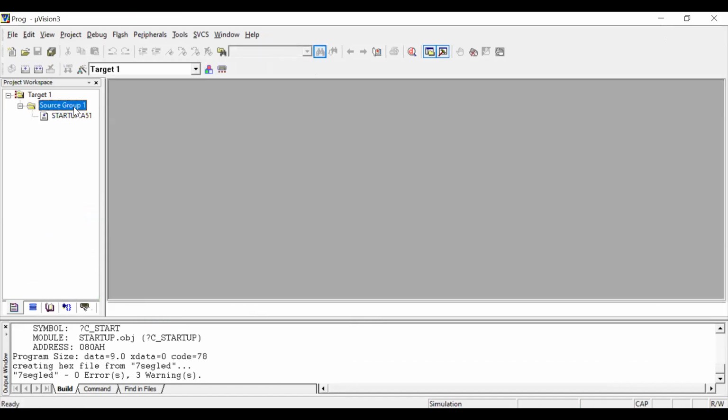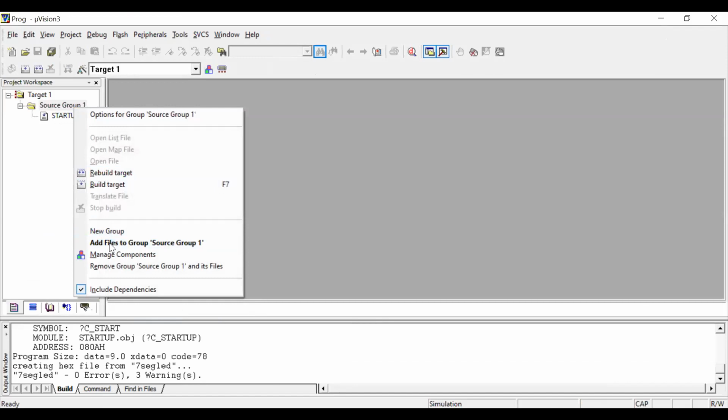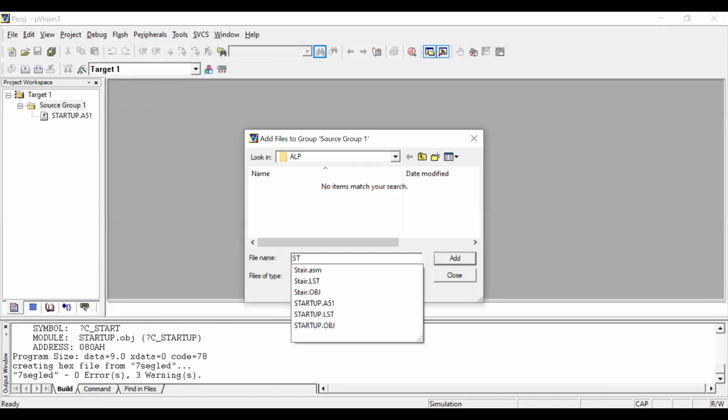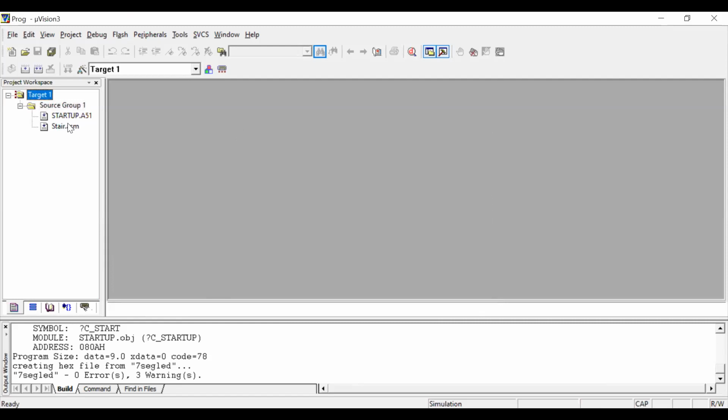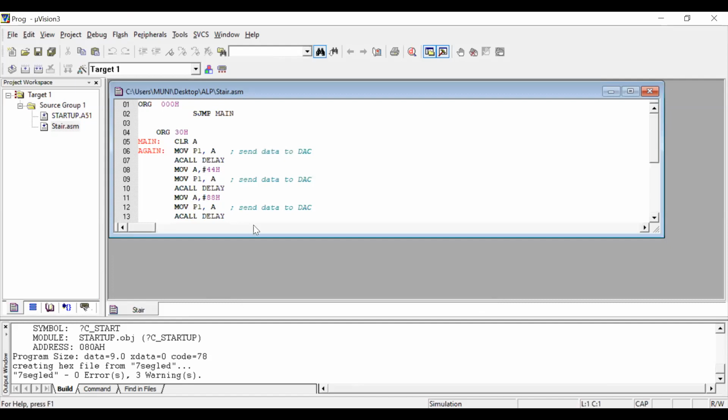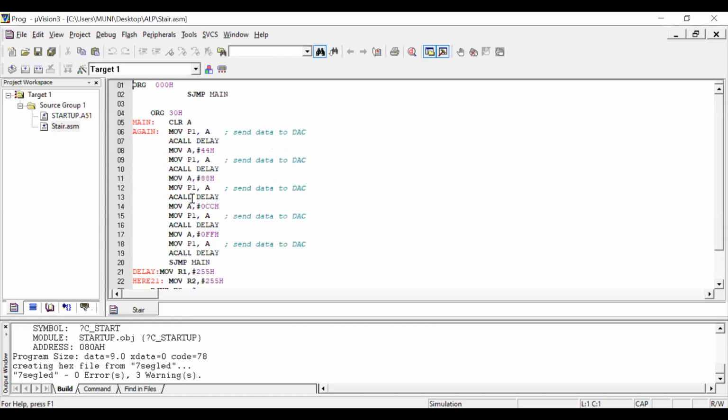Remove that file, add staircase. Verify the staircase program. We know that origin 00H, SJMP to main, origin 30H, then the program starts at 30H.